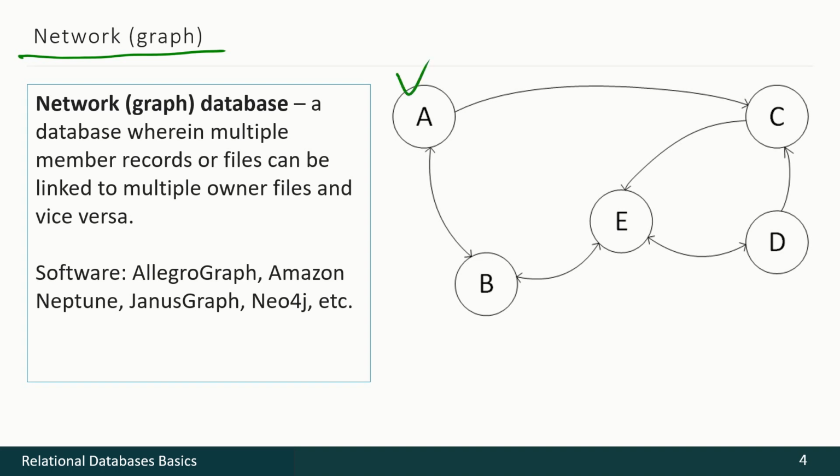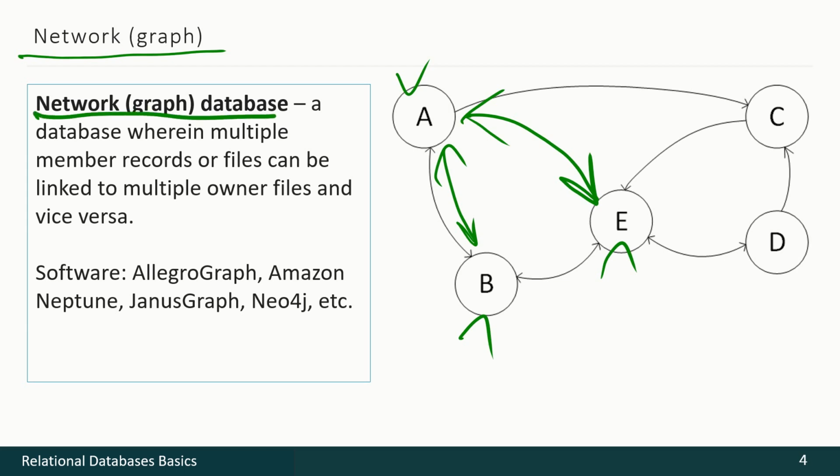Network or graph databases usually help us with some geographical tasks. For instance, imagine we have several cities and we have some roads connecting those cities. And we have to find out the quickest or the cheapest road or something like that. So here network or graph databases will help us the best way possible. Of course, this is not the only task performed by these databases, but this one is the easiest to understand. We have a lot of software for such kind of databases, but nevertheless, databases of this type are not so common as relational, for instance.